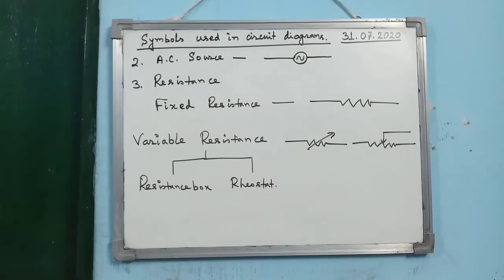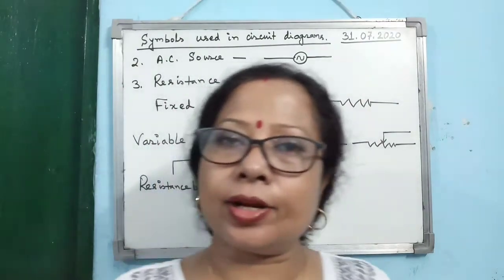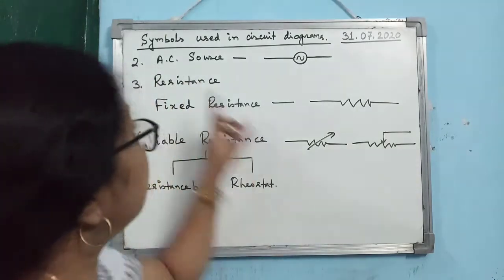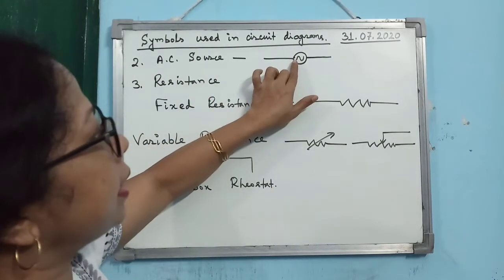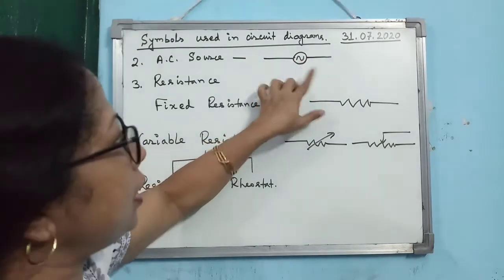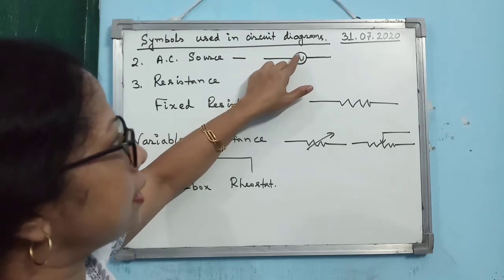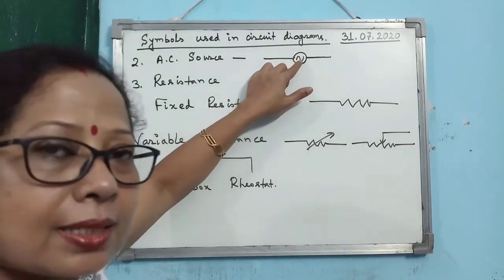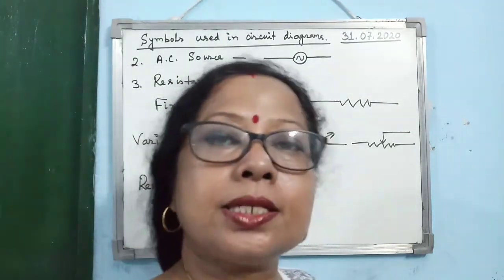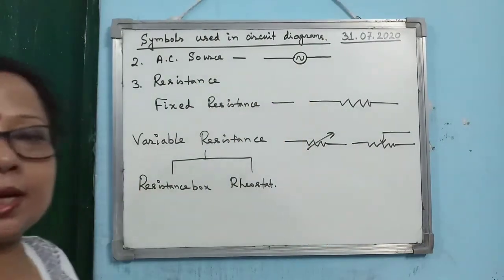Now if you consider the DC source, that is direct current source, as I said, electric cell and battery, then there is another source of electric current, that is the alternating current source. For alternating current, this is the symbol, within a circle. Actually, alternating current looks like this, meaning the magnitude of the current first increases, becomes maximum, then decreases, becomes zero, then again it changes direction, and in the opposite direction the same thing takes place. So this is the symbol for the alternating current source.